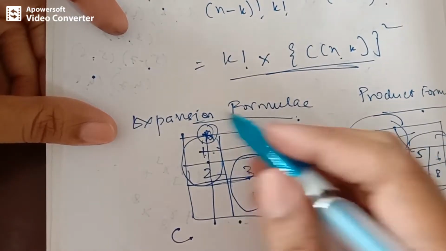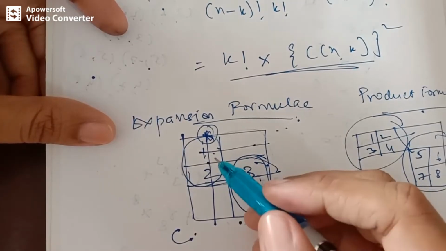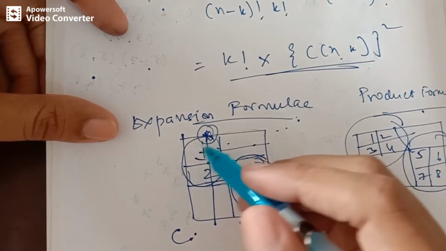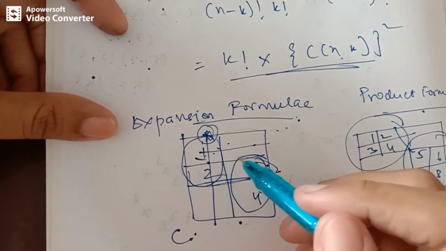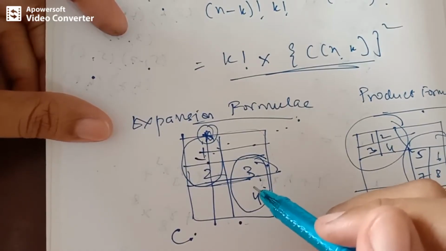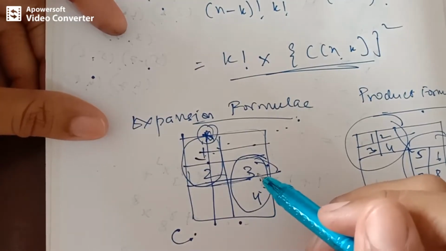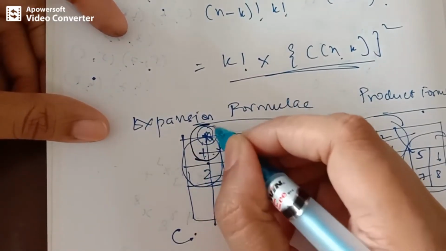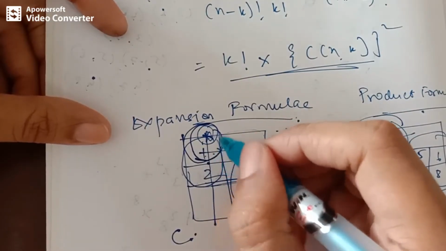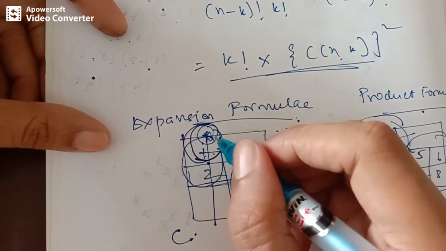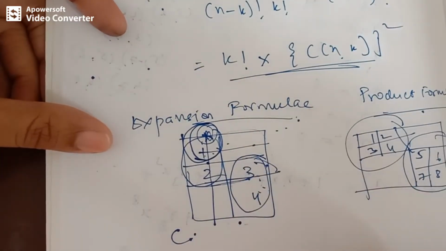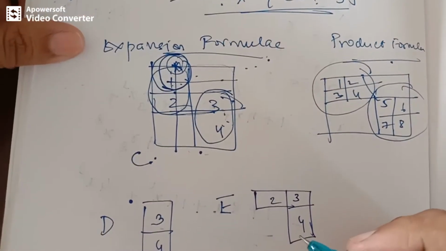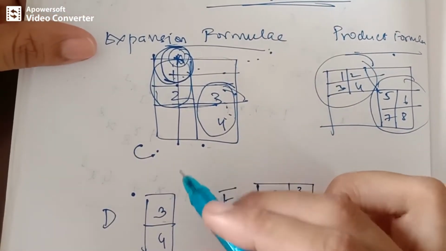And we are going to divide this entire board C into D and E boards. D represents the board obtained by deleting the row and column containing the star or asterisk that is marked. And E is the board obtained from C by deleting only the square containing star. So I had marked 1 as star, and I am deleting only this square that contains star. So what will be the board E? E will be 2, 3, 4. Got it? This is how you divide the entire board C into D and E.